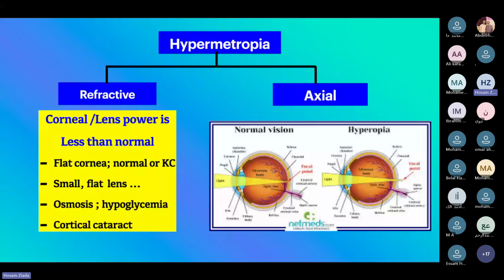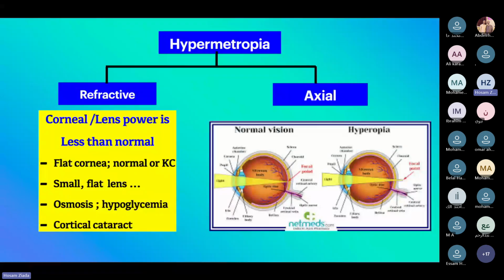So a convex lens is put for hypermetropia to correct it, because in hypermetropia the eye has less power, not more power. So I need to increase the power by increasing the convergence power of the eye with a convex lens. Spectacles, contact lenses, and also the refractive surgery options by laser to make the cornea